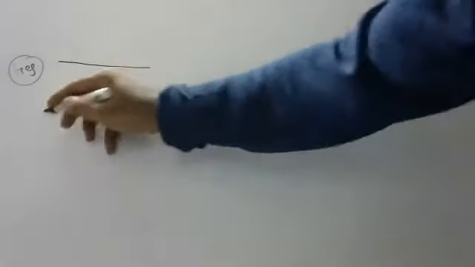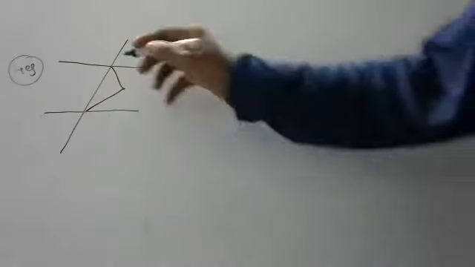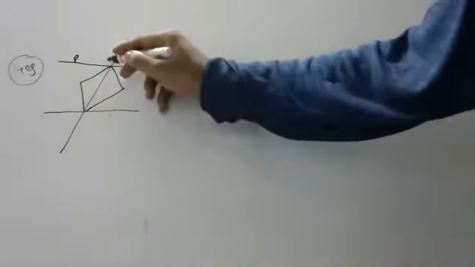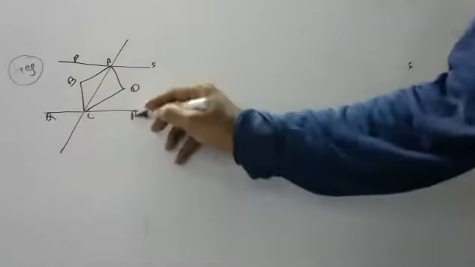They have given two parallel lines. Okay, two parallel lines are given, children. See here. Two parallel lines are given and one transversal is given. And here one angle bisector, here one angle bisector. Children, try to think P, A, S. This is P, this is A, this is S. And the other one is B, D, and this is C, and this is Q, R is a line. Okay, children.